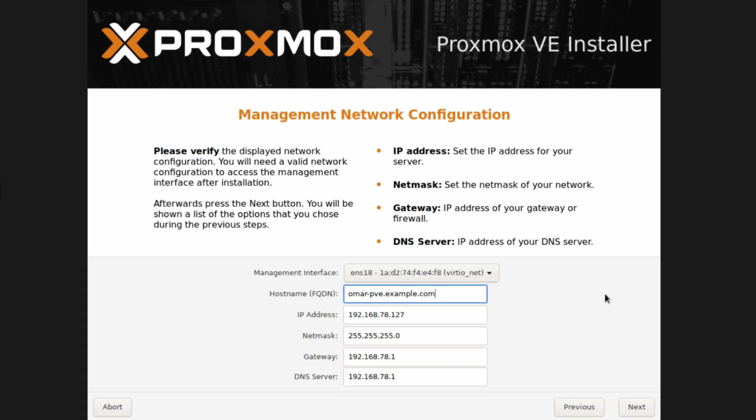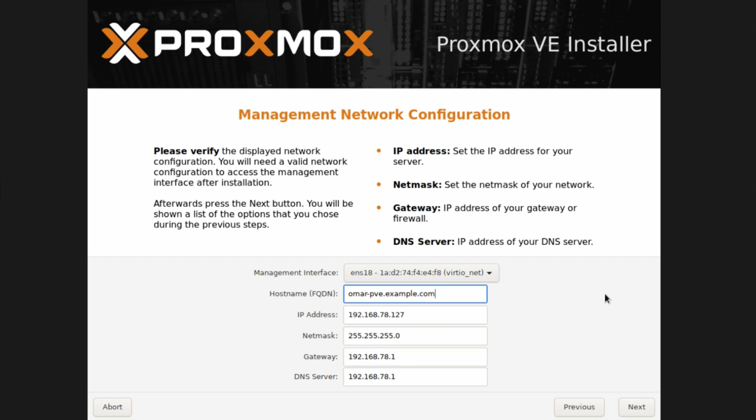And then after that, you select your management interface, you set up your host name and the IP address. It will be a static IP address that you will be connecting to in order to manage your node. In this case, you will launch your browser, and you will see that firsthand in a few minutes, on a specific port. And that's how you manage your deployment, whether it's a single node or a cluster. Then of course you set up your netmask, your gateway, your DNS servers, and then once you click on next,